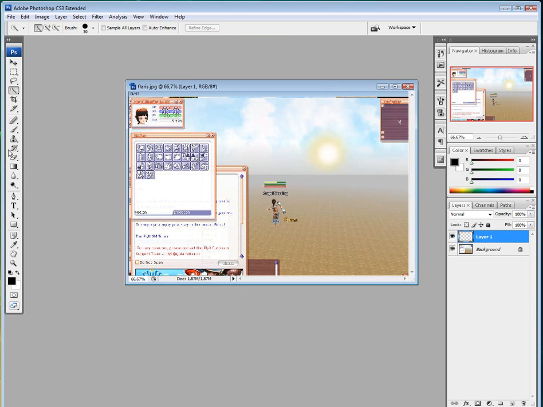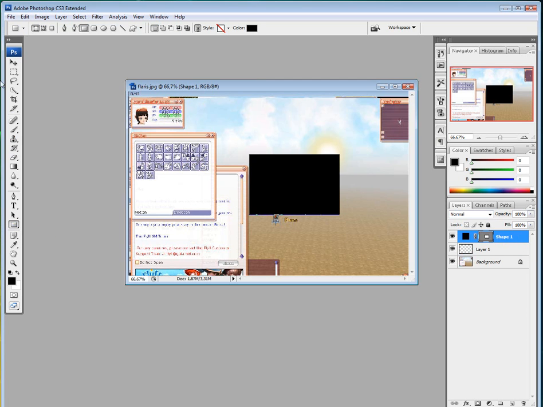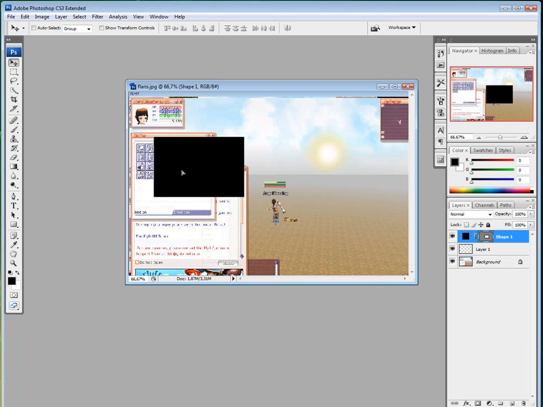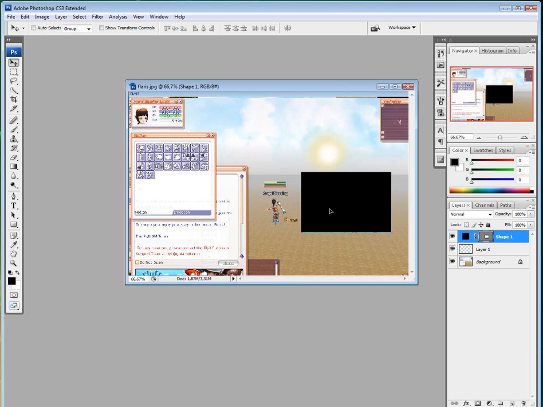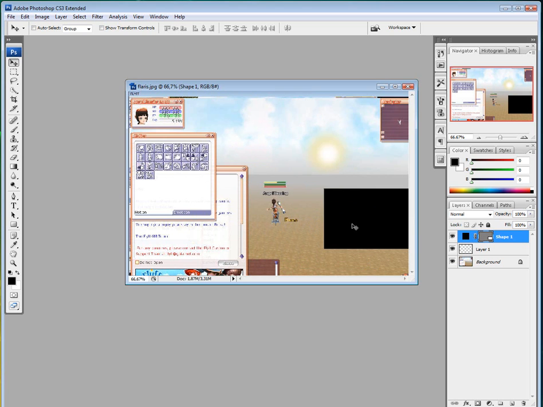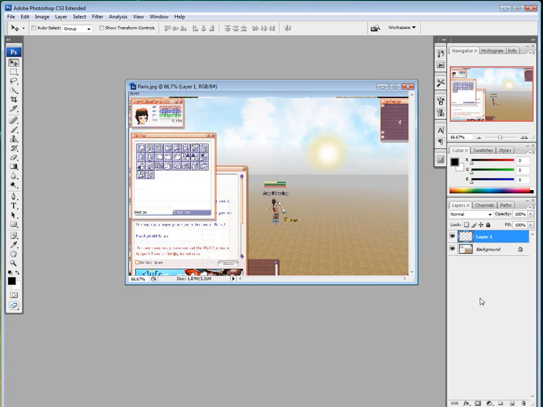If you paint on this layer, it is a transparent layer on top of our image. If we paint anything on that layer, you will have a transparent sheet on top of